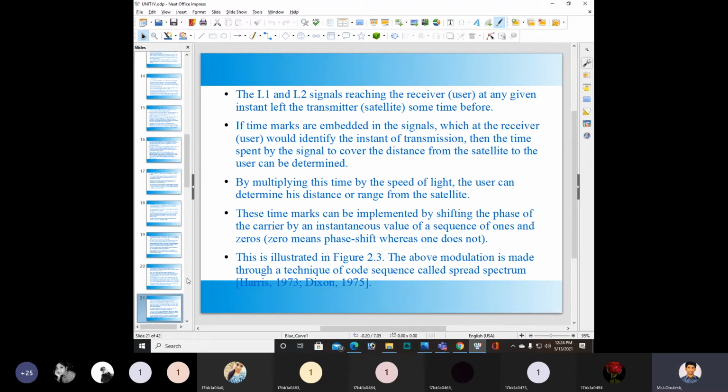So by multiplying this time by the speed of light, the user can determine his distance, or range, from the satellite.